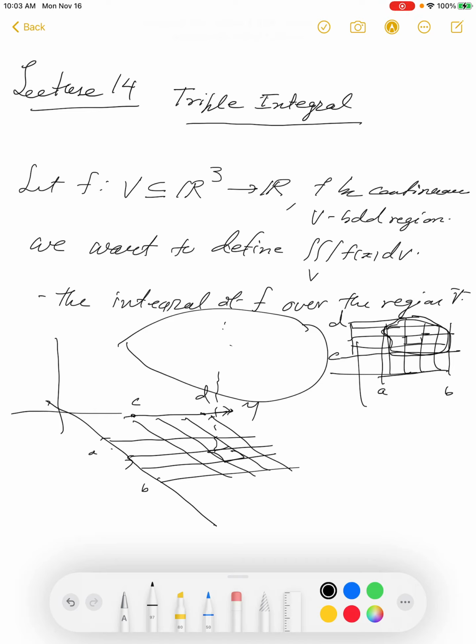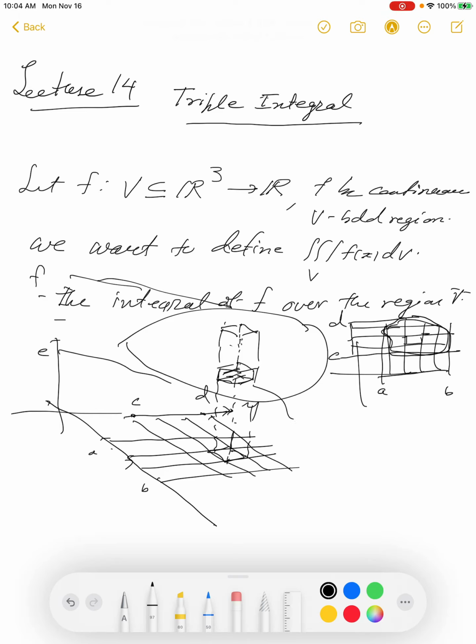Then I take a column and I'm going to make a partition of my z-axis as well. That's a good enough picture, isn't it? And then my region for the z-axis would be something like this. It sits between, say, E and F, and I make a partition here. So that way I will get a partition of this column into bits of cubes. So this is a typical cube,